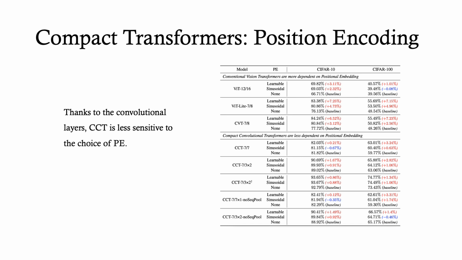An interesting phenomenon that we discovered, and it is worth mentioning here, is that our CCT variant, compared to the other variants, is less dependent on the positional encoding. Even if we remove the positional encoding for the CCT variants, the accuracy will not drop too much. And this is especially true when we're comparing to the ViT-Lite and the CVT models. This is partially due to the incorporation of the convolutional inductive bias, so the positional encoding becomes less relevant.